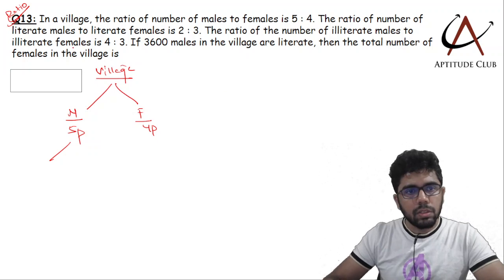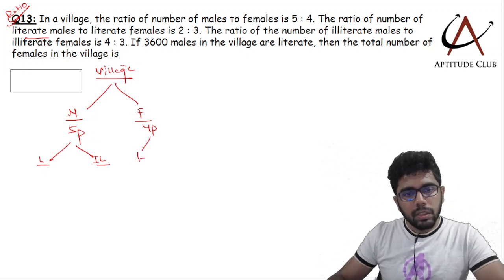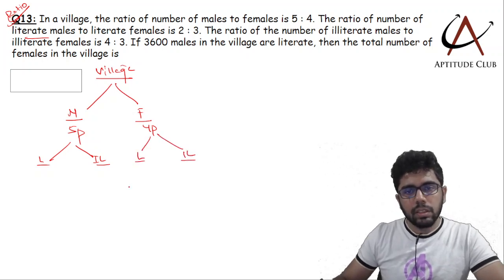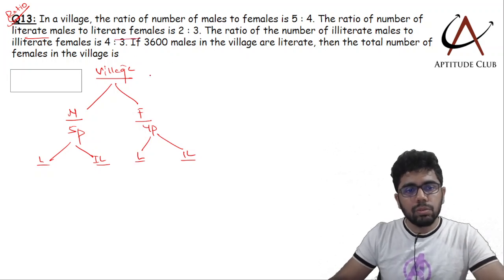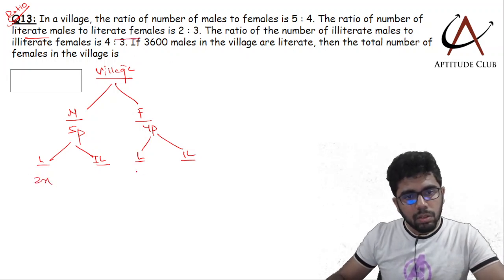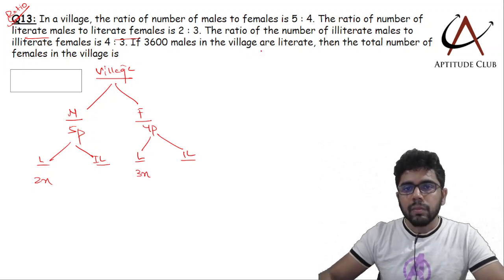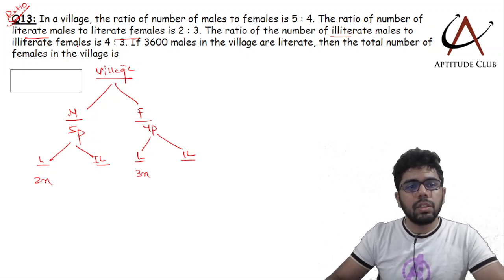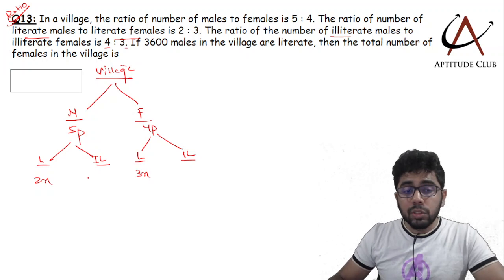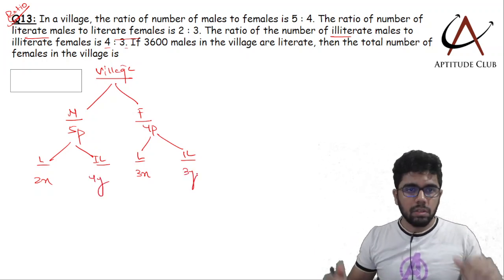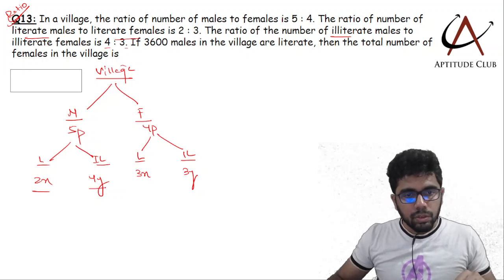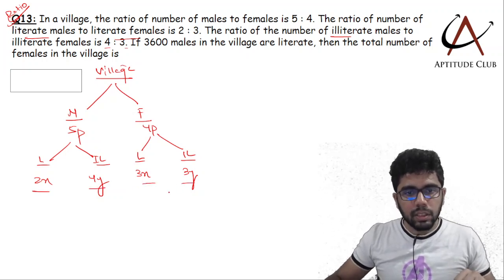Now again the ratio of the number of literate males, तो literate and illiterate वैसे करके इनको categorize करेंगे, female में भी literate and illiterate। तो ratio of number of literate males to literate females 2:3, तो इसको अगर मैं 2x ले रहा हूँ, this is like 3x, and the ratio of number of illiterate males to illiterate females is 4:3। अब इसको 4x मत लेना, इसको 4y लेना पड़ेगा, a different variable, 2x 3x 4y and 3y।